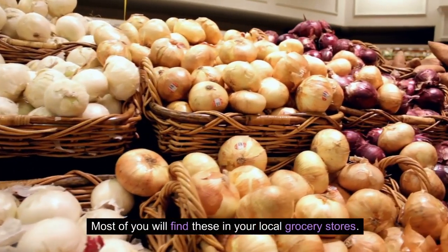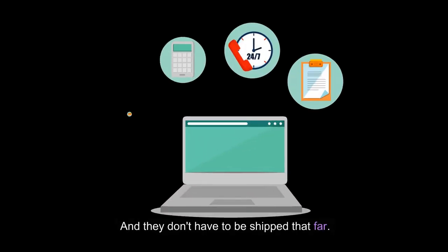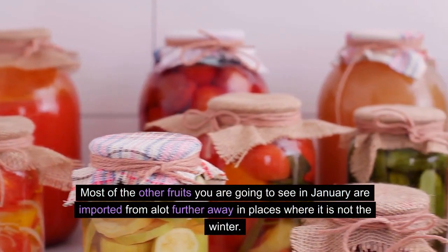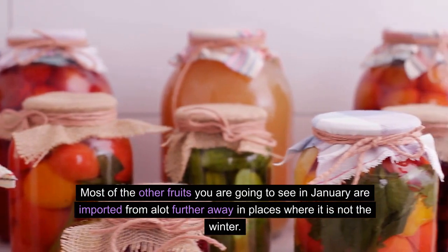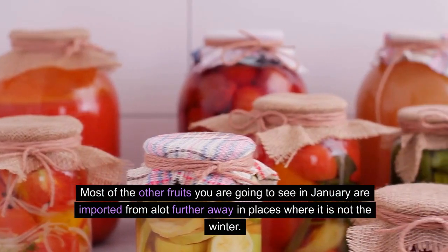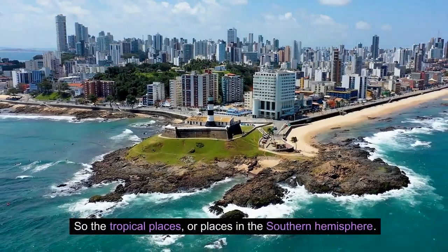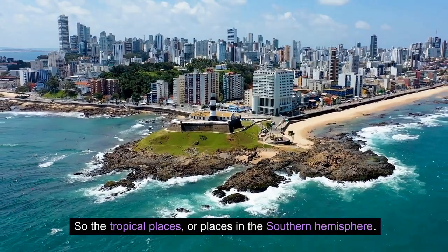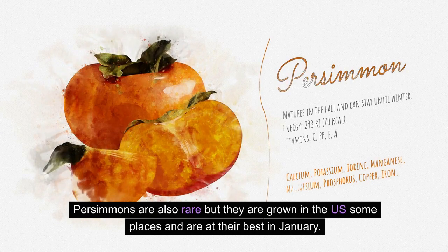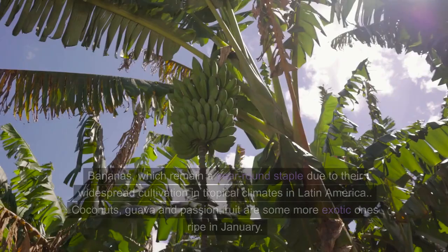Most of the other fruits you are going to see in January are either grown in a greenhouse or imported from a lot further away, from places where it is not the winter. So we're speaking about the tropical places or the places in the southern hemisphere. Persimmons are rare, but they are grown in some places in the US as well, and they are at their peak in January. Bananas are really a year-round staple due to their widespread cultivation in the tropical climates in